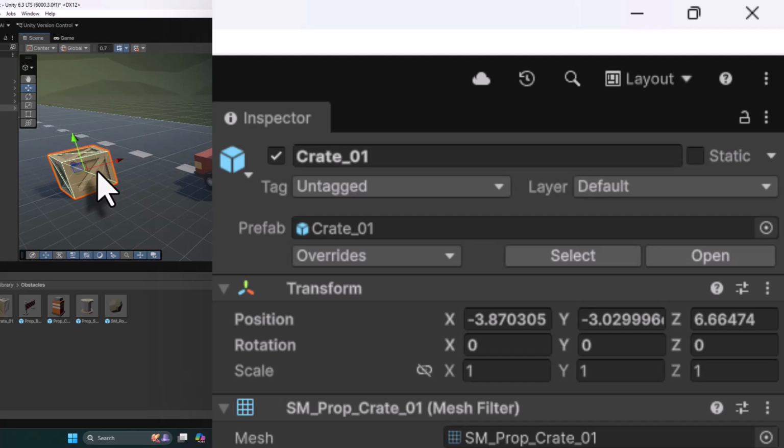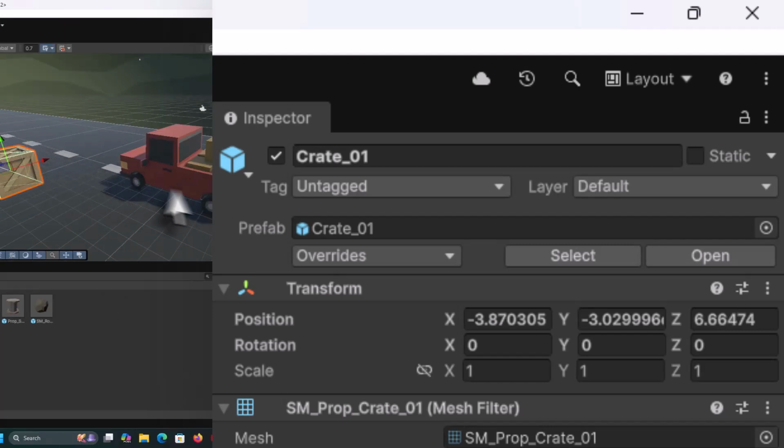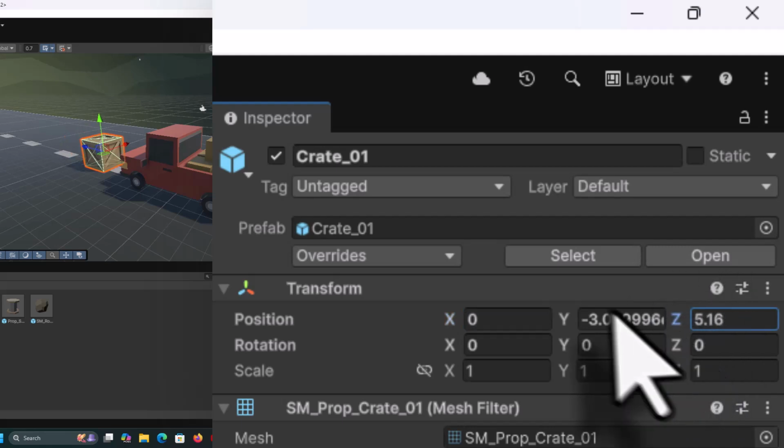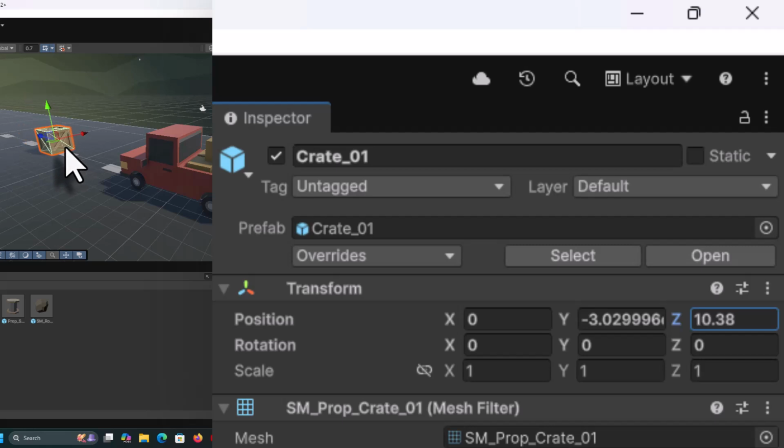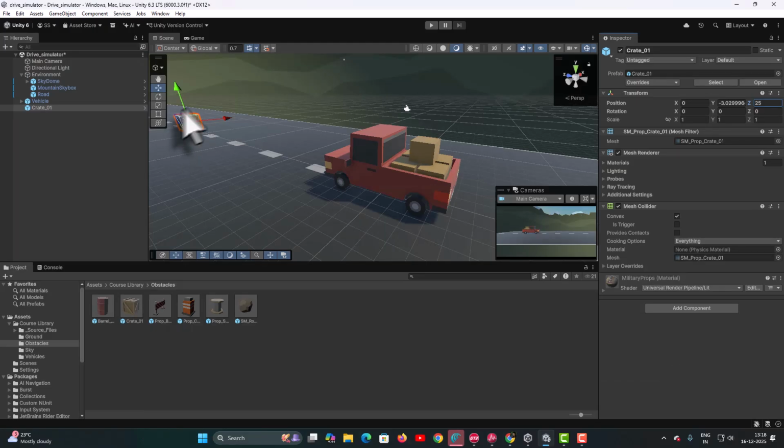If I want to bring it in the same line, I can come into the position and along the X, if I make it 0, now this is exactly in front of the car. Along the Z, if I move it, see it will move either close to my car or away from it. I want this to be placed around 25 meters away from my car. In Unity, every 1 unit is equal to 1 meter. I can come into Z, and if I type 25 meter, now automatically my crate is placed at 25 meters